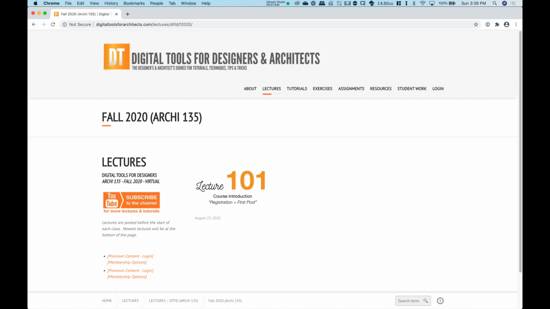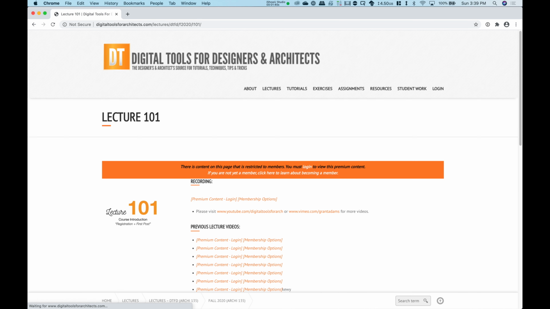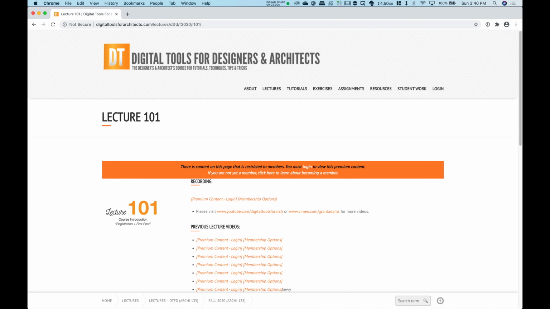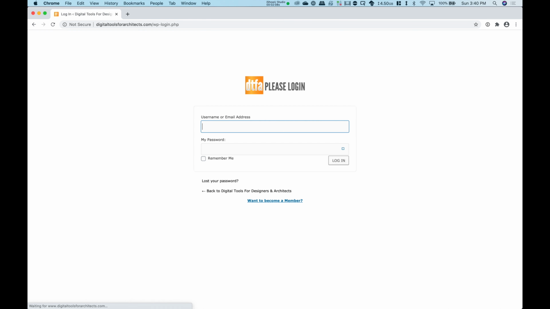If you click on lecture 101, like this, without me being logged in, we'll get to log in just a second, we get this error saying there's content that's restricted on this page, but this is where we'll have information about the lecture, and so we'll go ahead and do the login, and then you can see that information. So you should have all received login credentials via your email yesterday. If you didn't receive it, go ahead and check your spam folder.